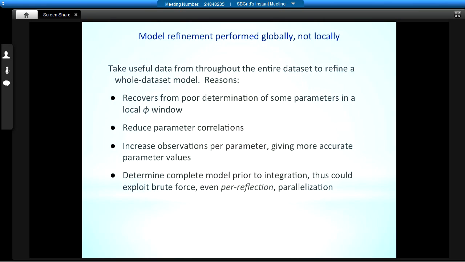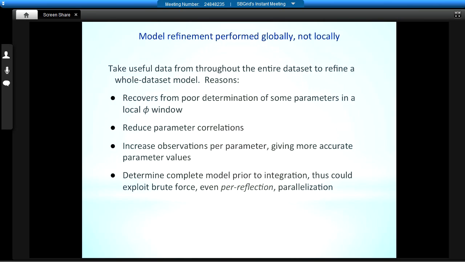But we're not doing that with DIALS, and there are a few reasons for it. We're refining all the data in the rotation scan at once. Some of the reasons for doing that are that doing it this way recovers from the poor determination of some parameters. For example, if you have a very large c-axis, and the c-axis is into the beam, it's a little bit hard to measure that unit cell dimension. But if you rotate 90 degrees, as you would do normally in your scan, you can get a good measure